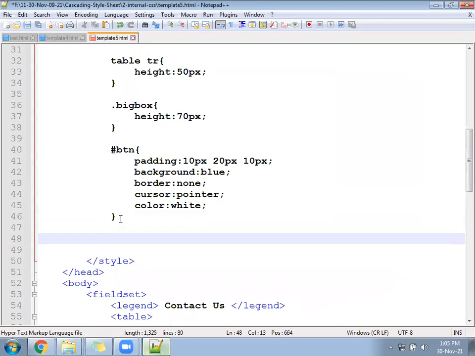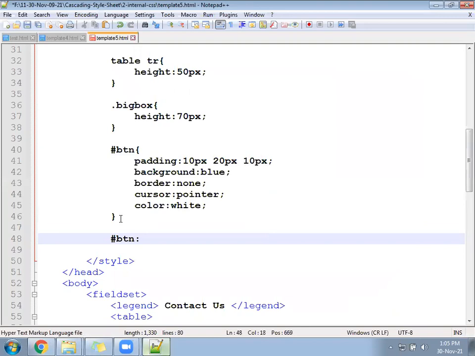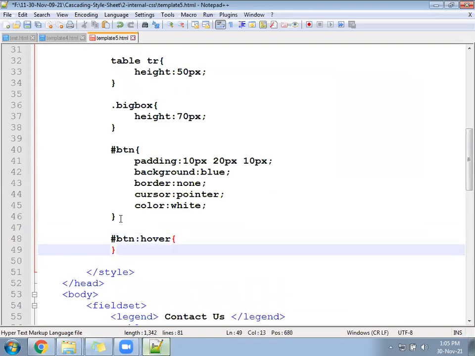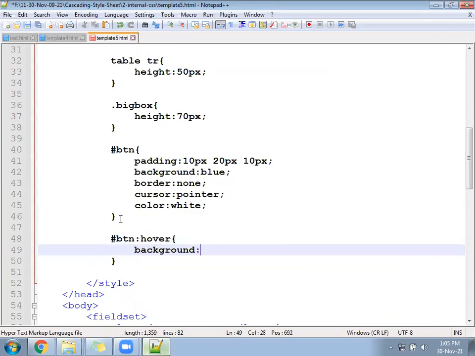Now write hash button colon hover. Hover means when your mouse is going to touch the button, what should happen? Change the background to red color and check once. As your mouse touches the button, the background will convert into red color.